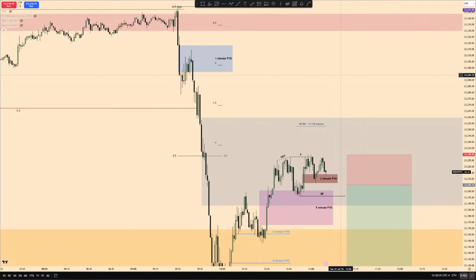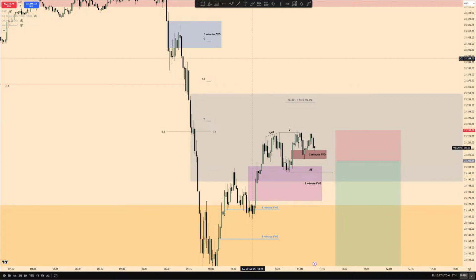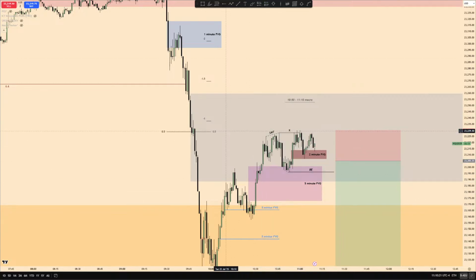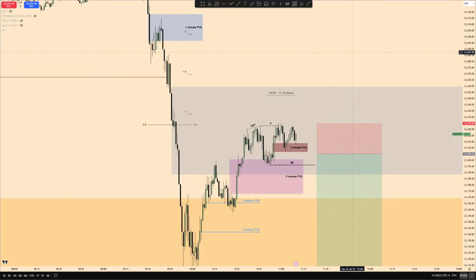PB caught another long. So they shorted and then he longed here. Yeah, out of the 5 minute probably. Yeah, out of the 5 minute to equilibrium. Yeah, I noticed that. We called it out. We did say it. Everybody took that actually. Yeah, not something. I mean, it's like a decent scalp, but